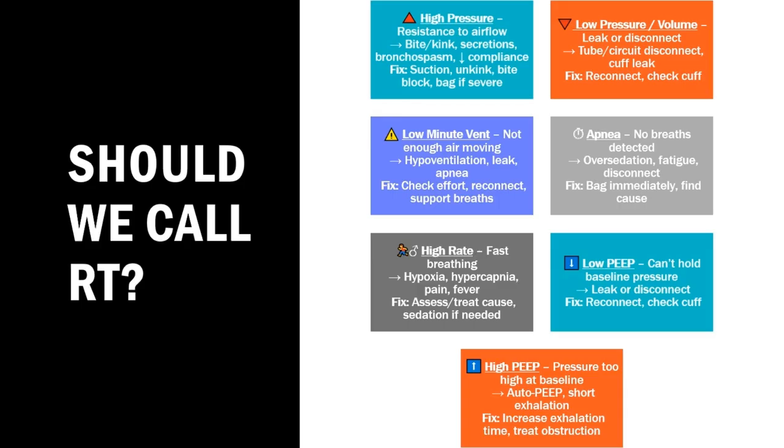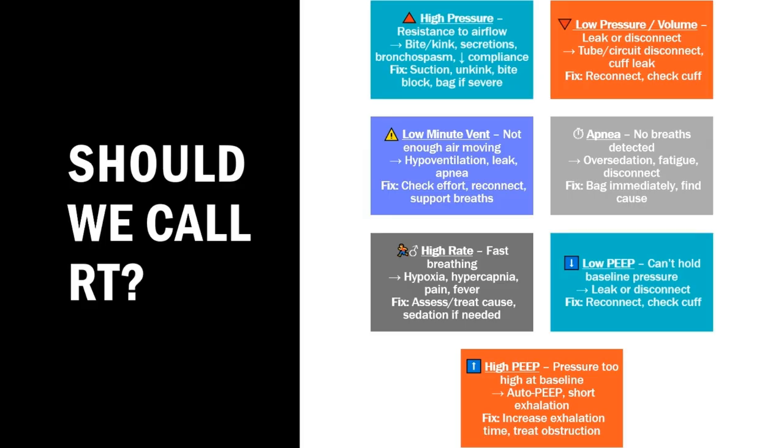DOPE. You look for displacement. So has the tube been moved? Are we no longer inside the vocal cords? You look for the O of obstructions. Maybe they've got lots of secretions or they need suction. Maybe there's something kinking off the tube. We don't know. So that's displacement, obstruction,